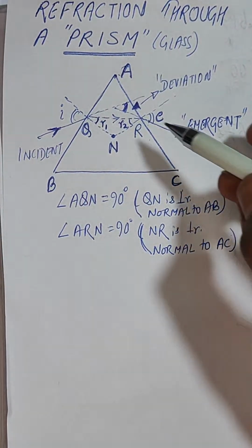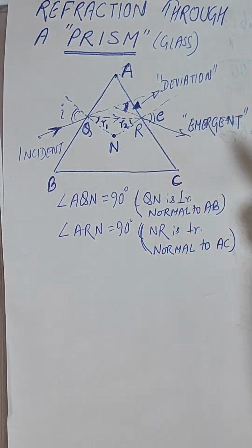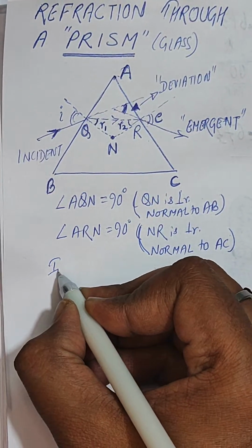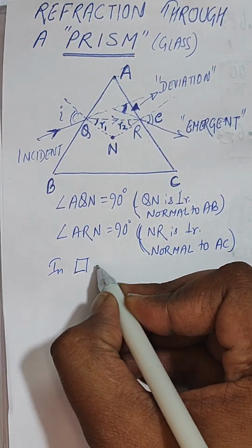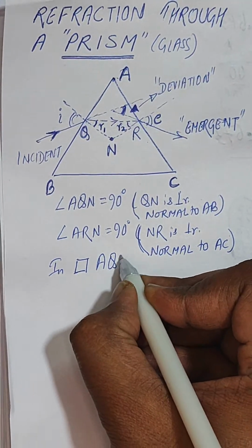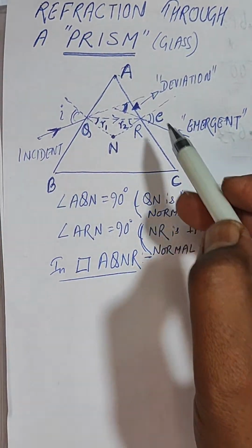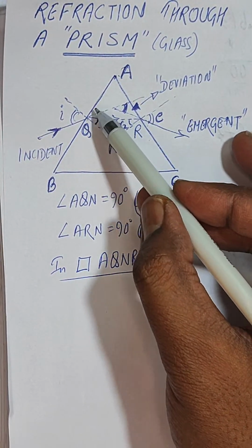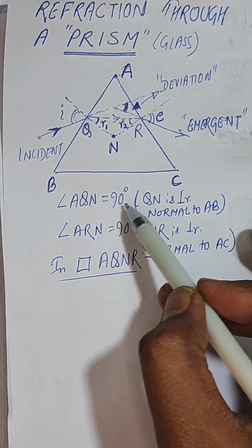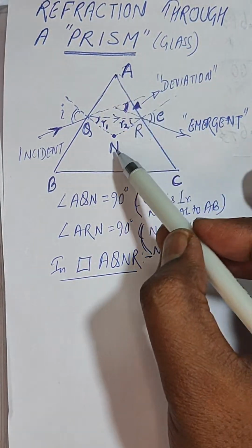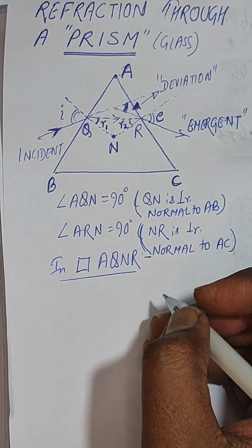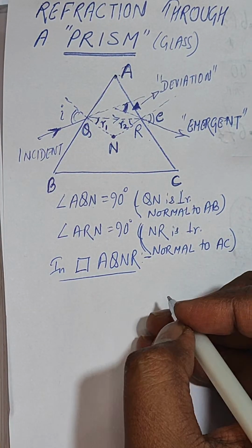So my dear friends, if you consider the quadrilateral AQNR, what will happen? Angle AQN is 90 and ARN is also 90. So that means we can say that